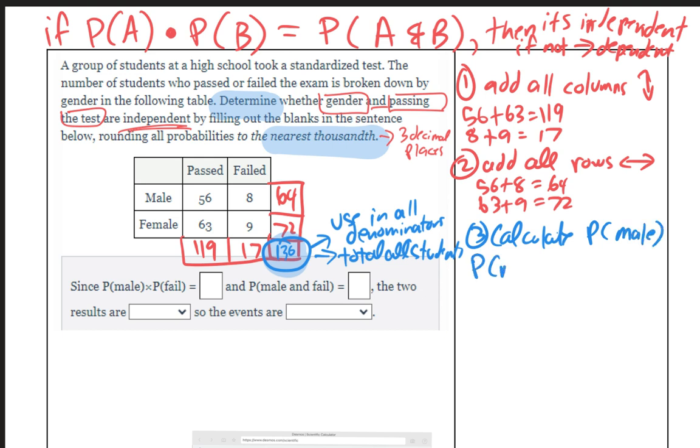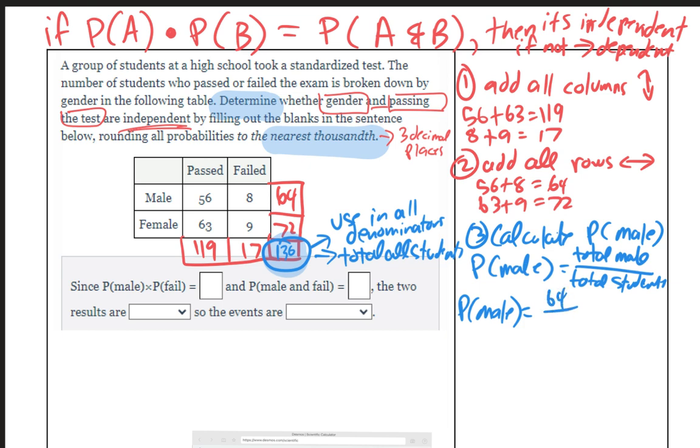So we could say the P of male is equal to the total male, right? So the probability of being male is the total male over the total students. So that's going to be equal to the total males, which is 64,